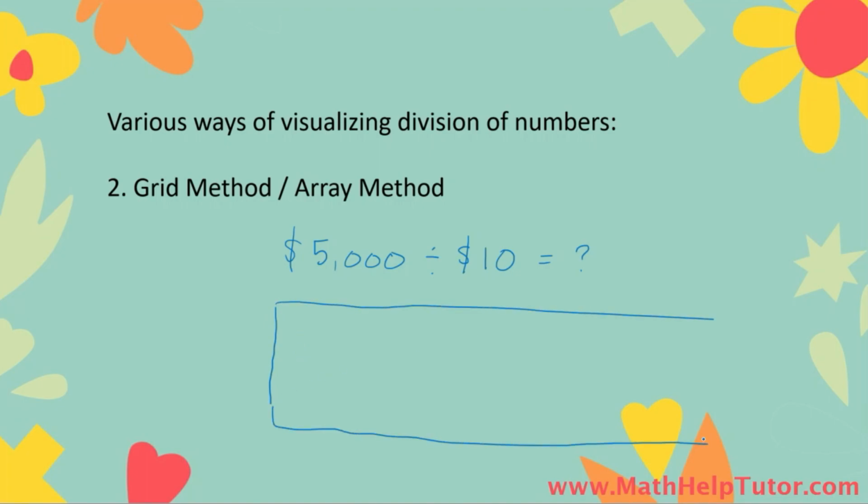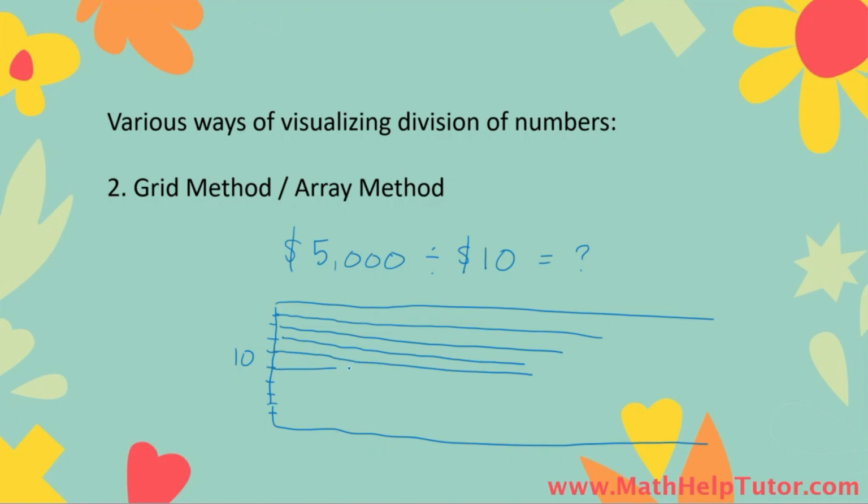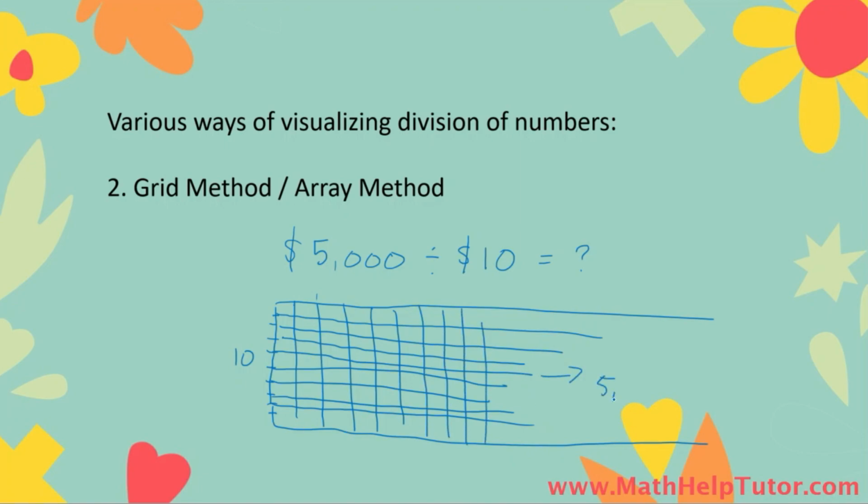The larger the number is that we want to divide, the more squares we have to draw and count, which is not very efficient if we want to know, say, how many people donated money if you collected $5,000 or $1,000 and each donation was $10. To solve that problem using the line method or the grid method will take us a very long time to determine the answer. These methods are just best at making beginner mathematicians understand what actually happens whenever we divide a number. For an easier way of dividing numbers, especially large numbers, we use the standard algorithm or what's called long